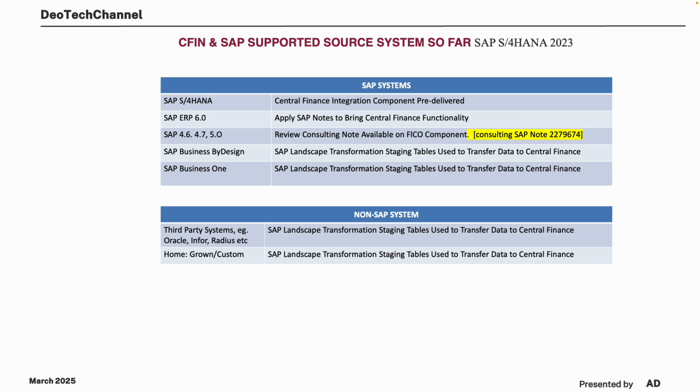For non-SAP integration systems, for non-SAP third-party systems, we can say Oracle, Infor, Riverbed, or some homegrown or custom solution that a company has already developed, and they want to transfer that data to the central finance systems, they can use an SLT staging table to transfer the data from their locally built systems to the central finance, including from Oracle, Infor, etc. So this is the overall